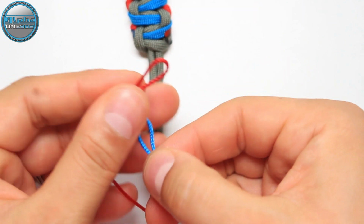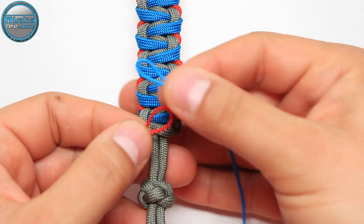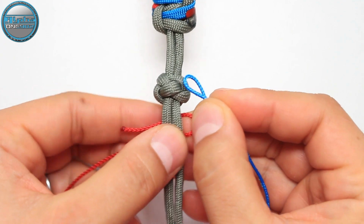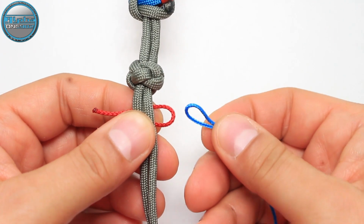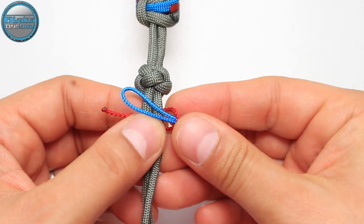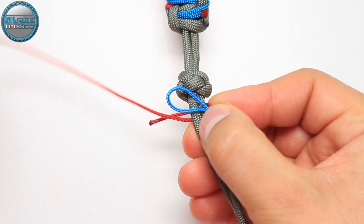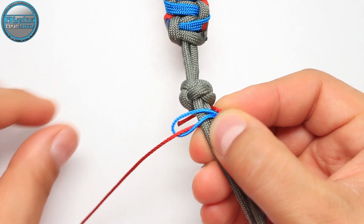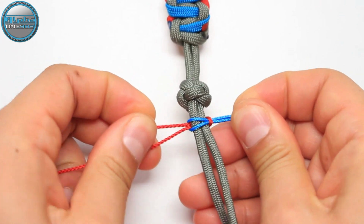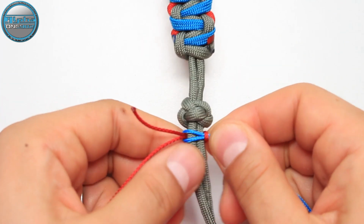So form a loop or a bight as you wish, and then because the blue is on top and the red is on the back, we're gonna take this red strand and put it under those two gray cords, and pull the sky blue through the loop here. So basically we're gonna form the reef knot on these micro cords. So through this loop here we're gonna pull the red micro cord, now pull it to make it tight,